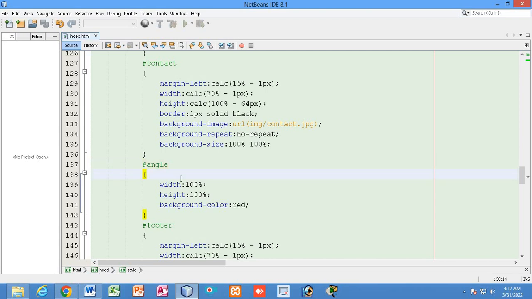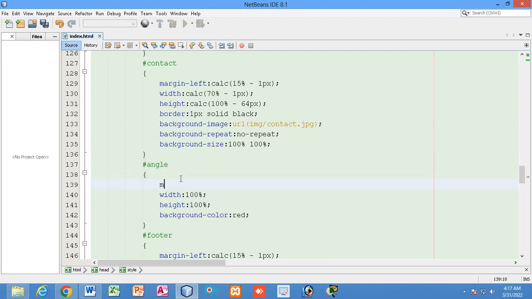To get that div visible, I will give margin left, let's say 50%. Margin left 50%.